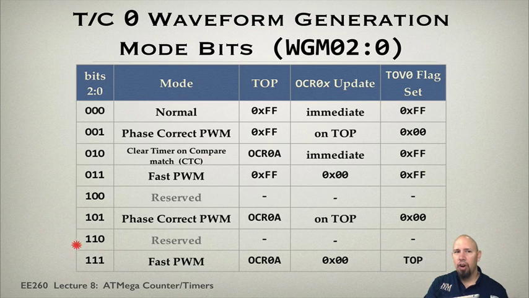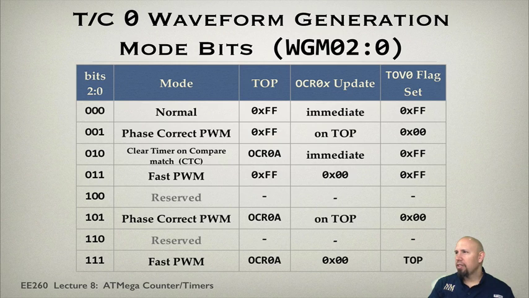Okay, so here are some of those. Here are all of them. So remember, we had normal mode, we had phase correct pulse width modulation, we have clear timer on compare match, we have fast pulse width modulation, then we have phase correct pulse width modulation, and we have fast. Wait, how come we have 2 of these guys and 2 of those guys? Well, it turns out there's a good reason for it. So even though it's given by these names, there are actually 2 different ways of doing the same kind of function, and depending on which one you choose, you can get